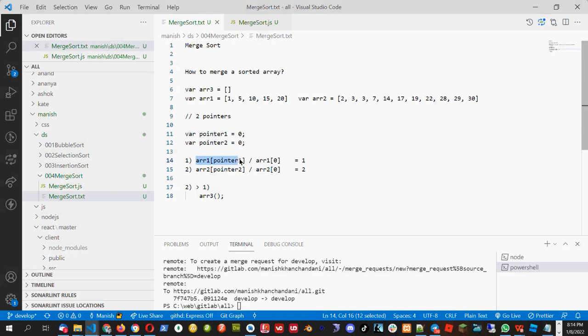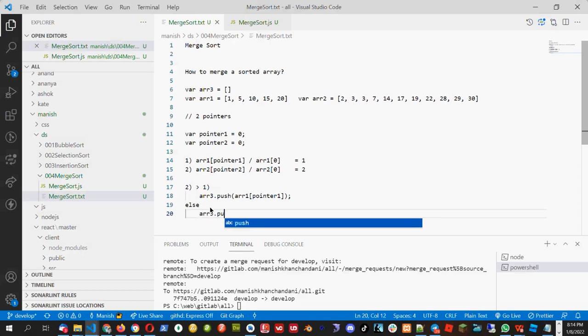Array 1 pointer 1, correct. One number, 1. We have to put 1, that is array 1 pointer 1. So I'll push array 1 in pointer 1, that is one number inside the array 3. And else, if 2 is less than 1, then I will push array 3 dot push array